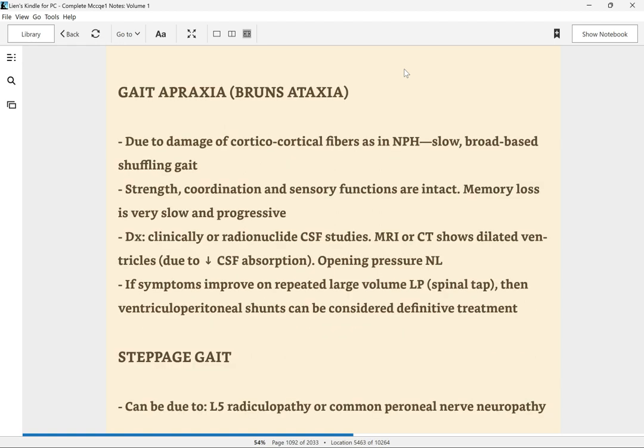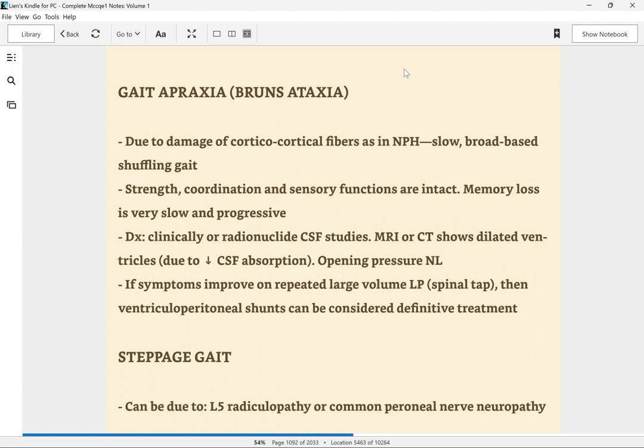Gait apraxia, Bruns' ataxia, due to damage of cortical fibers as in NPH: slow, broad-based shuffling gait, while strength, coordination, and sensory functions are intact. Memory loss is very slow and progressive. Diagnosis: clinically or radionuclide CSF studies. MRI or CT shows dilated ventricles due to decreased CSF absorption. Opening pressure is normal. If symptoms improve on repeated large volume LP, spinal tap, then ventriculoperitoneal shunts can be considered